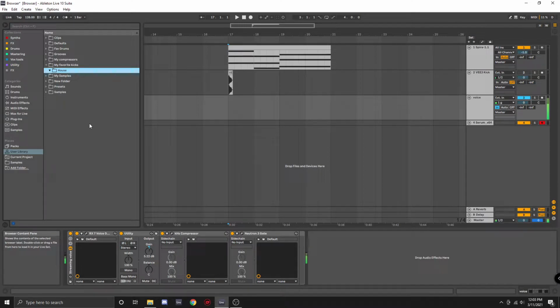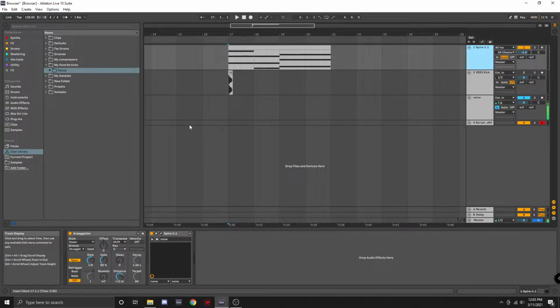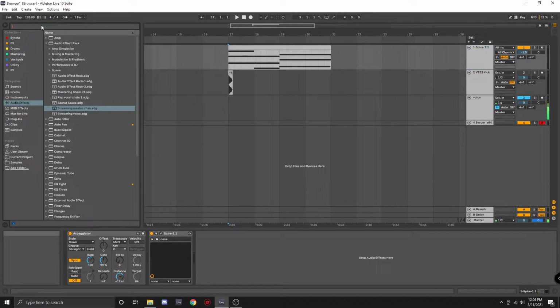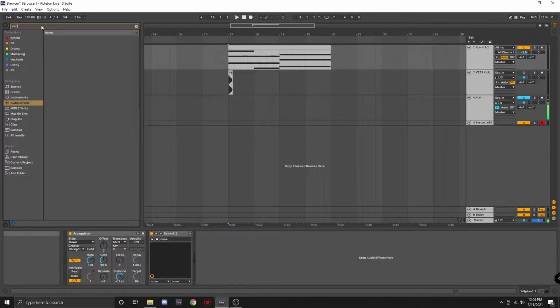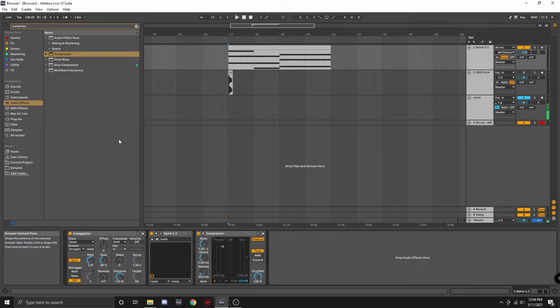So the next thing I want to cover is how to create and save custom effects and effect racks. If you were to go over here into your audio effects, let's say you needed a compressor, and then you were to make certain settings that you thought sounded really good for a specific sound. Let's say this was for a kick and we got our settings the way we wanted them. Then you could literally go over here to your user library,